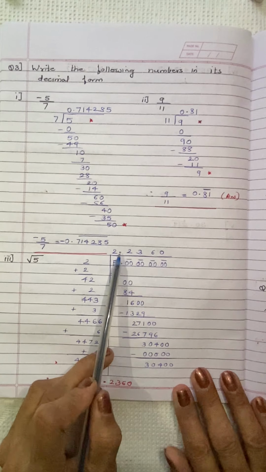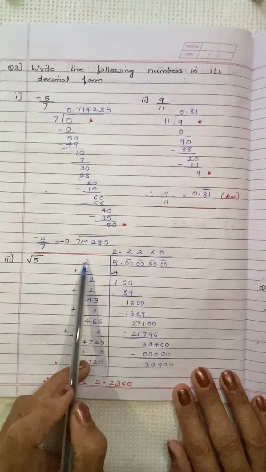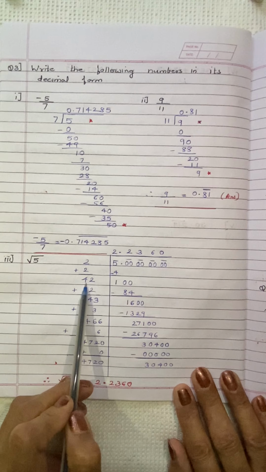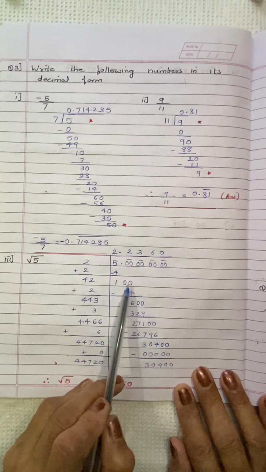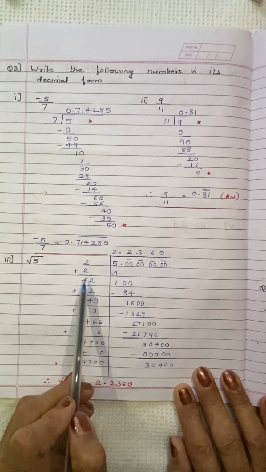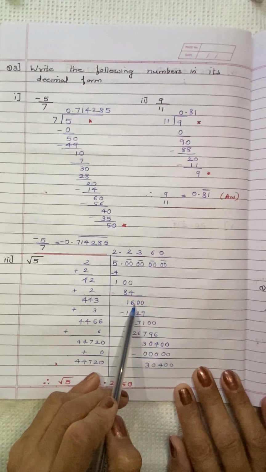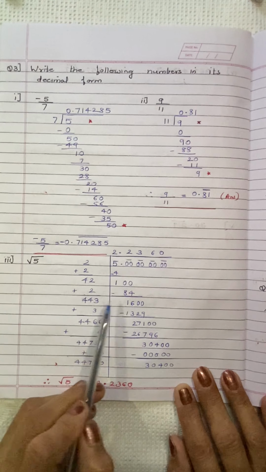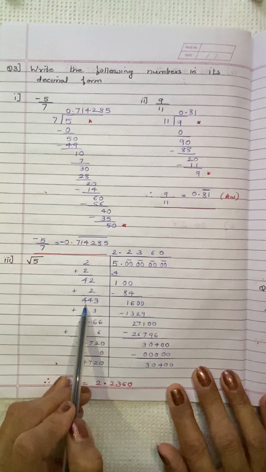Then mark the decimal in the quotient, and then bring down the pair of zeros. Then here we will add, because we are taking 2 twos are, so 2 plus 2 gives us 4. As I told you, we have to take square of the numbers. Now if you look at this unit space, here we have got 100, so 42 multiplied by 2, so 42 twos are 84. 100 minus 84 is 16. Now that same 2 which we have taken, we can add here. 2 plus 2 is 4 and 4. Now here when we subtract it, we bring down the pair. We have got 1600, here we have got 443.